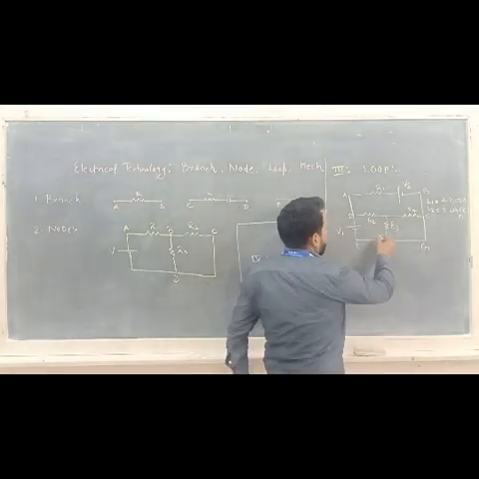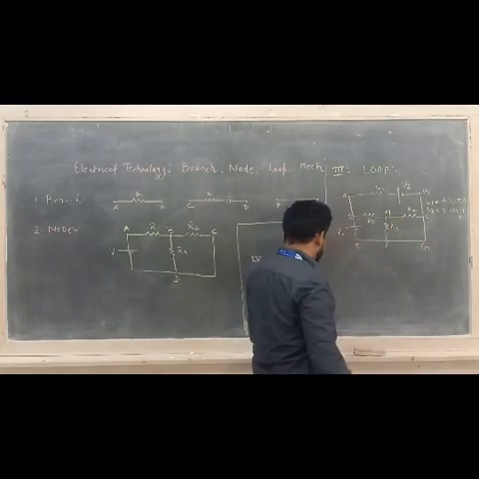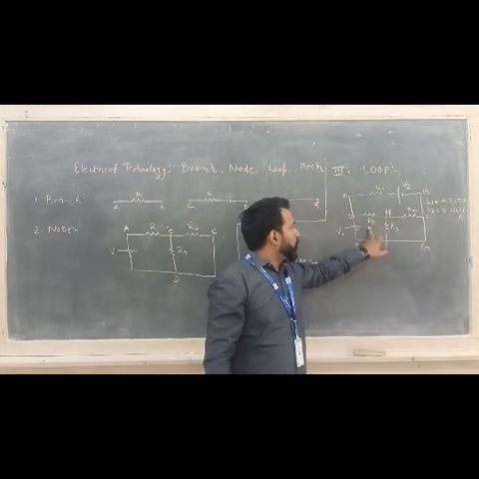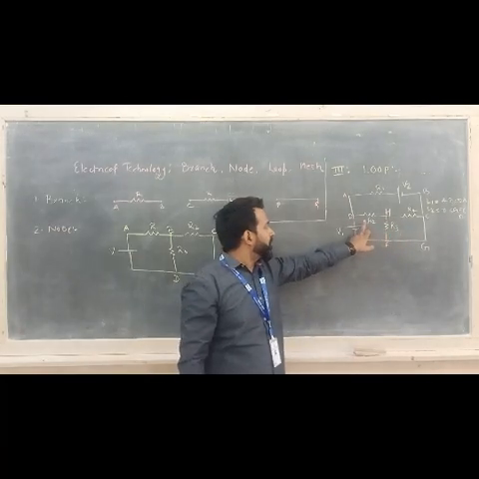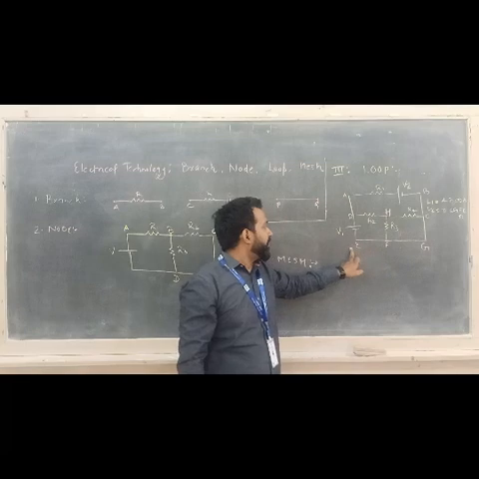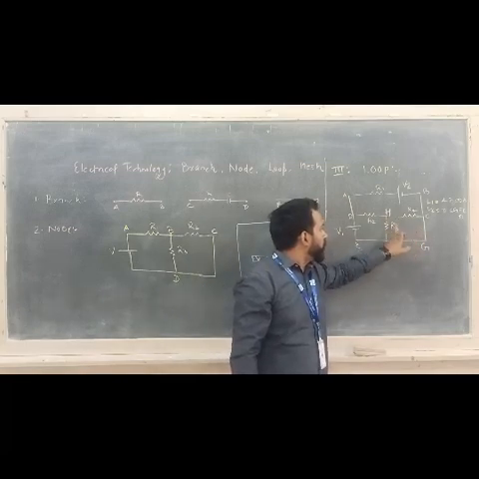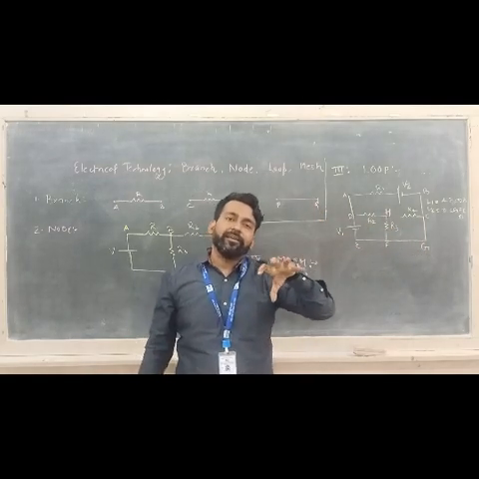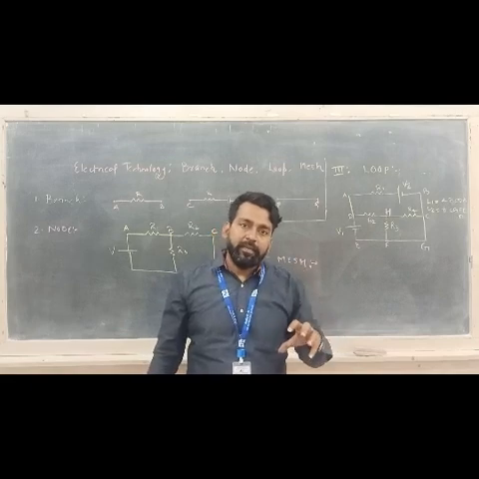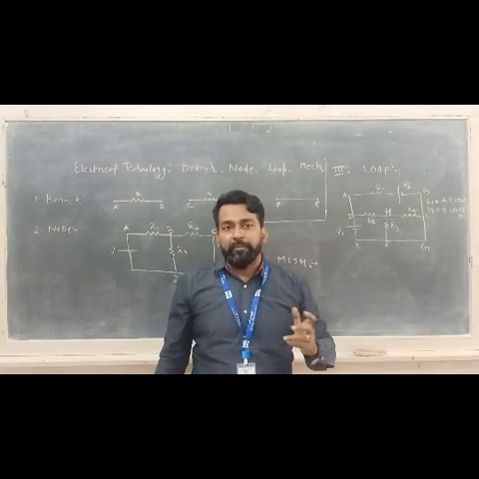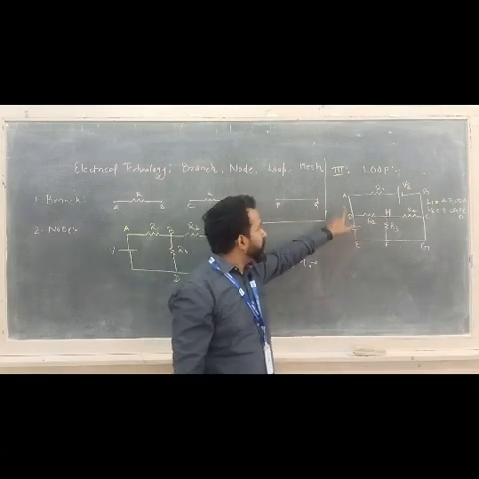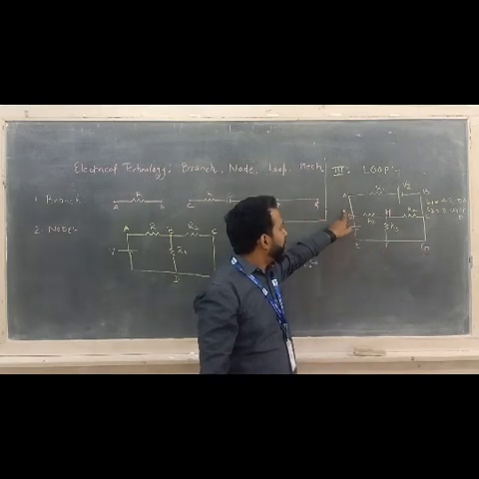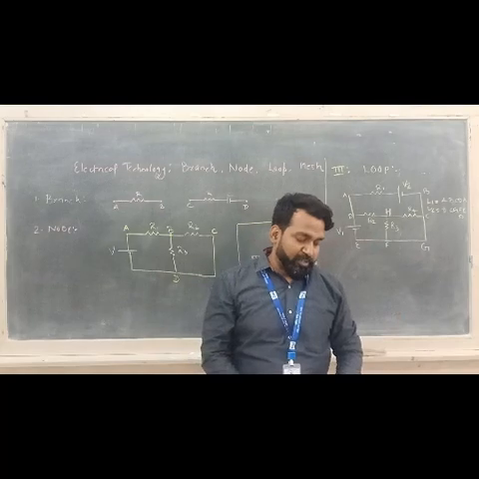Now see, I forgot to name this point H. I can write this one as H. So this is also a loop. We can name this loop as D, H, F, E. This is also a loop. H, C, G, F, H. So any closed electrical path in the circuit through which current can complete its path can be termed as a loop. Now we have one more loop, the largest loop, A, B, G, F, E, D, A. So this is also a loop present in the circuit.